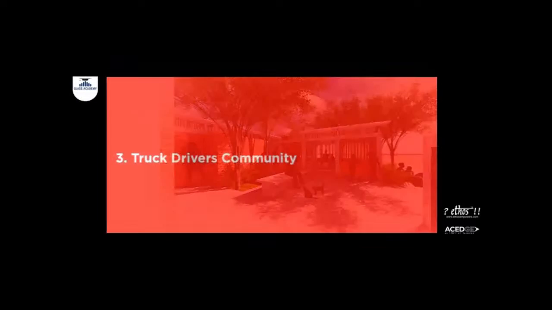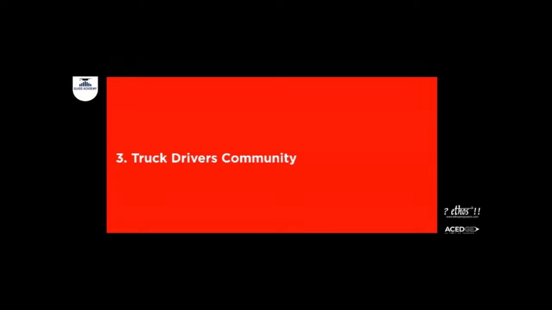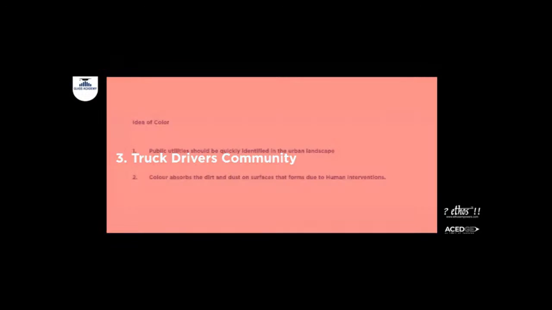This prototype is about the truck drivers community, because we started working on a project called the Pause Restrooms. While working on that project, and by virtue of its location, we came across this subject. And that's where we started diving deep into the truck drivers community, the problems they face, and what could be the solutions. So I'll be sharing two projects here. One that we have built, and the other one is under construction.